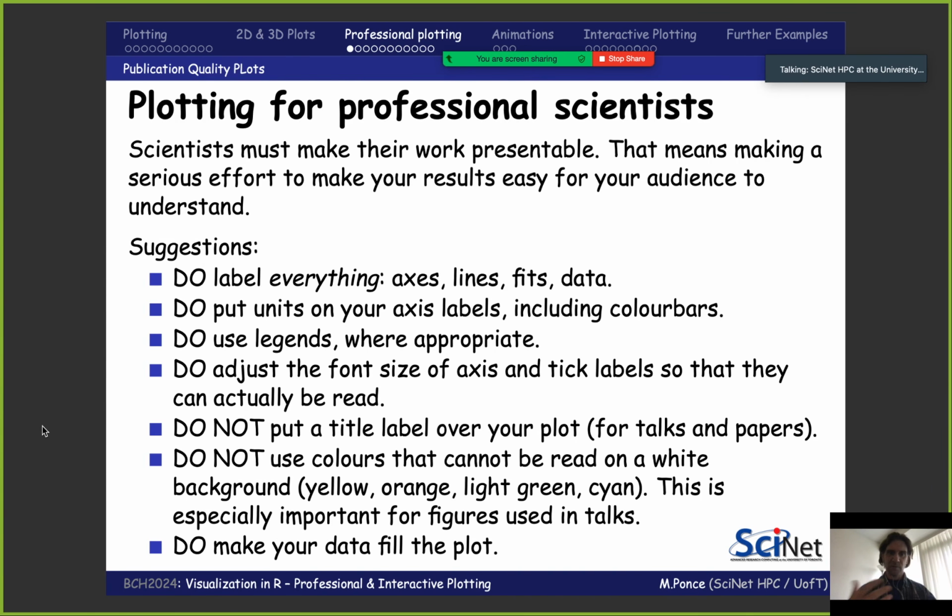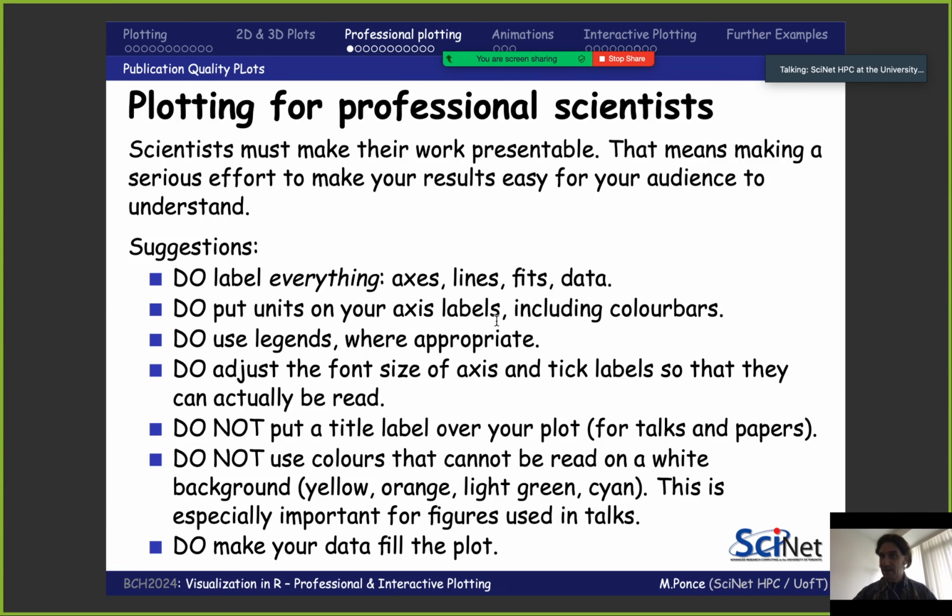So some suggestions, comments and recommendations when you're dealing with professional plots, by which I mean plots aimed at a journal, a professional reference journal. Some things you may know, so I'm going to go very quickly through this. Label everything: axis lines, fields, data, that is everything in the plot.